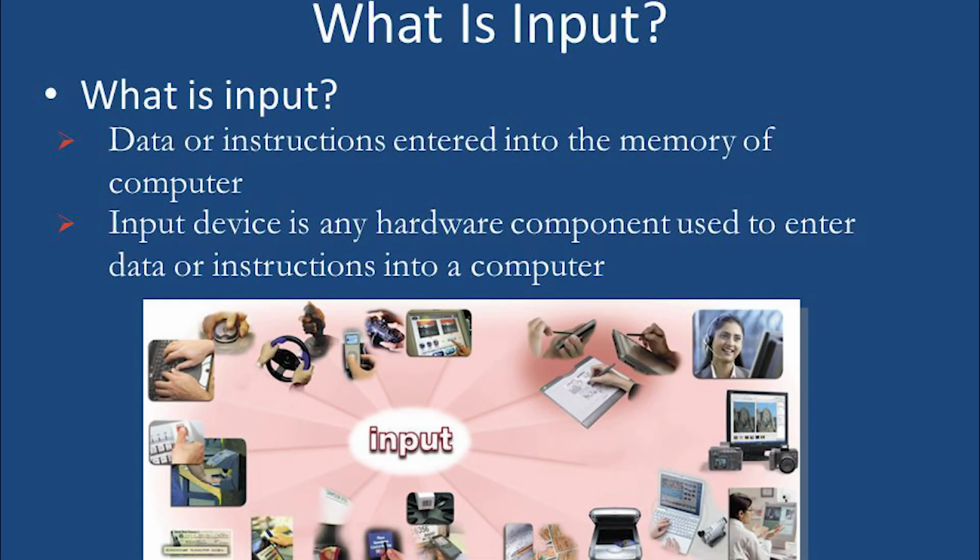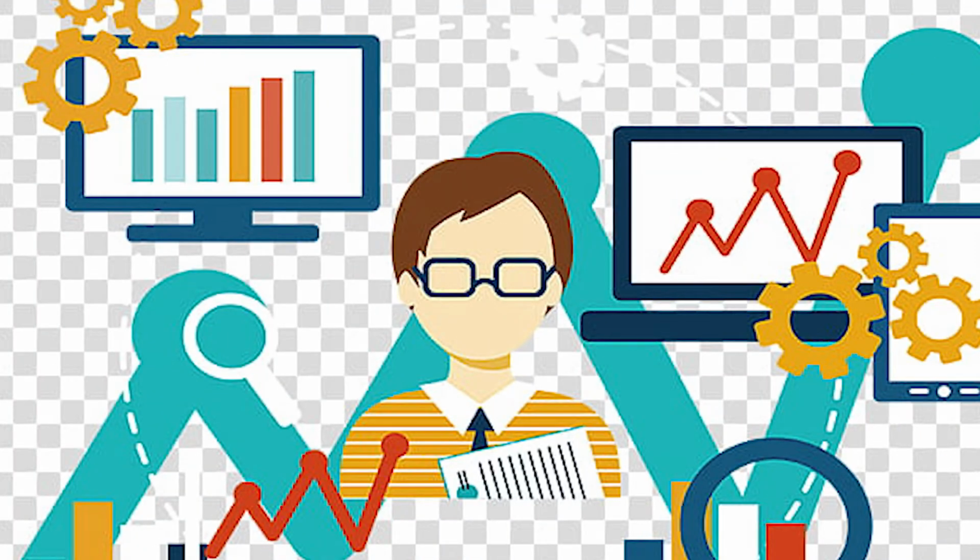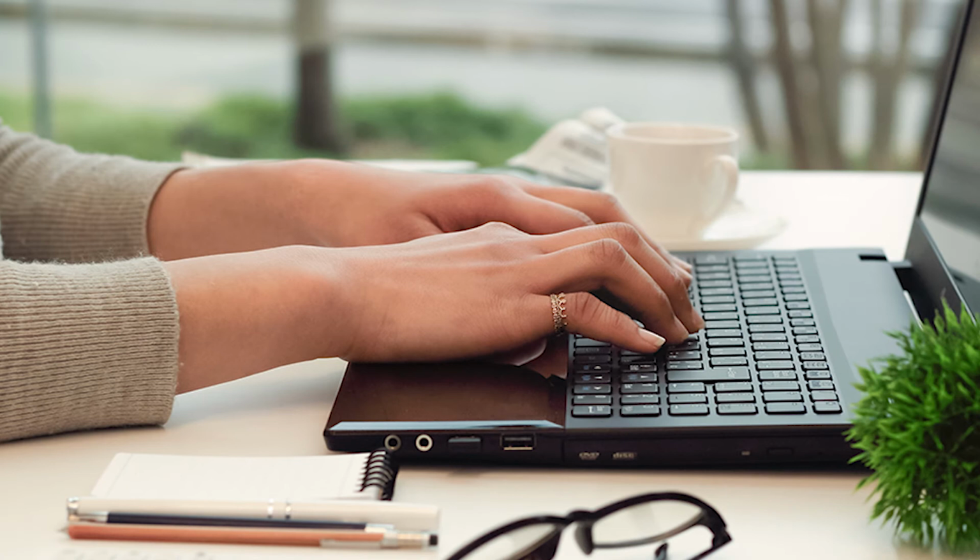What is input? The input is entering data. The data and instructions that you give to a computer to do something are called input. Yes, I repeat once again. The data and instructions that you give to a computer to do something are called input. Data refers to a collection of facts, information, whatever you are giving into the computer, that is entering data and is called input. For example, your name, telephone number and address or your personal data are called input. The data can be entered using the input device called keyboard.